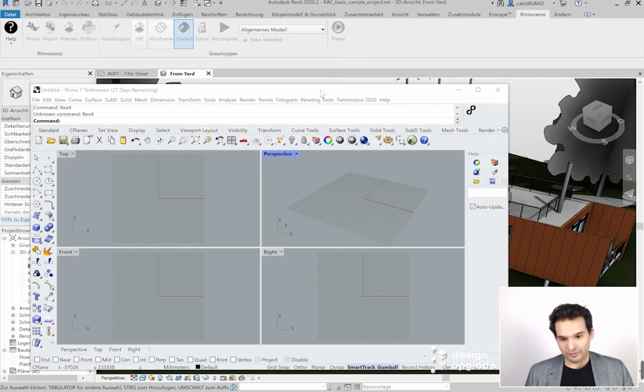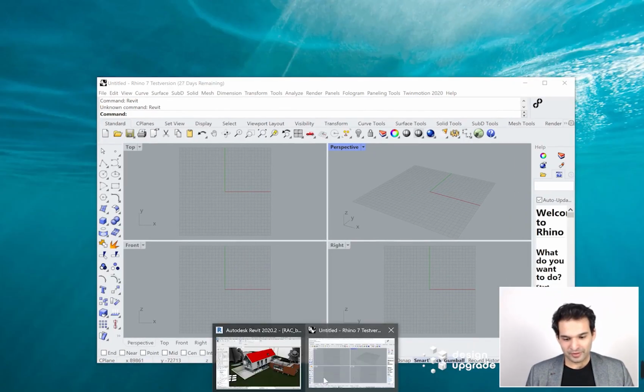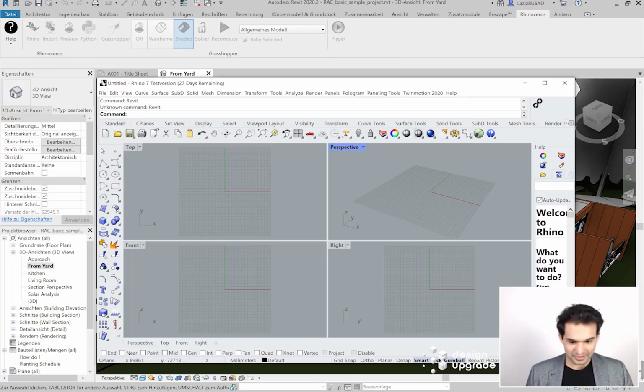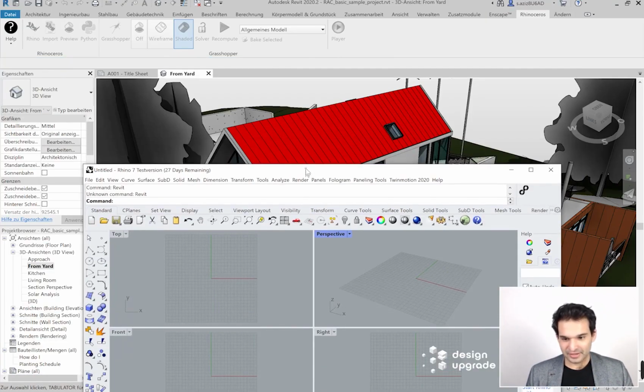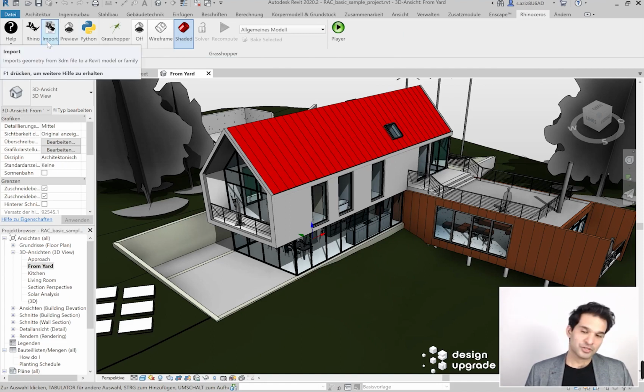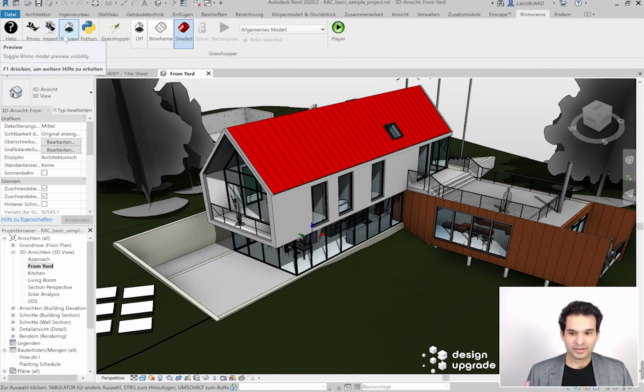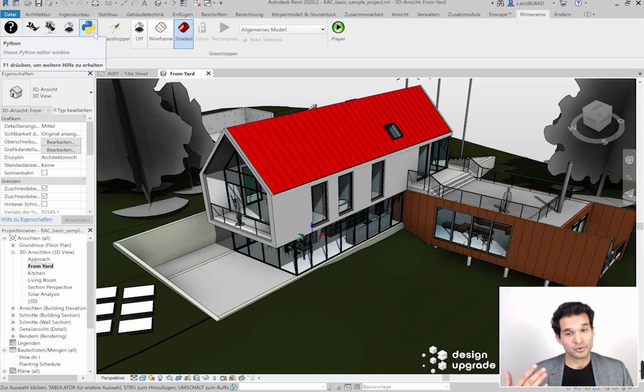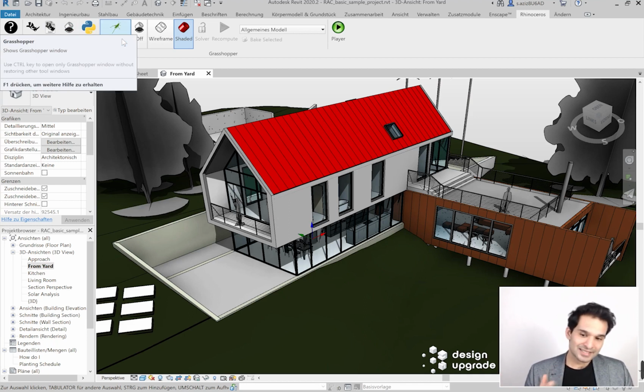Yeah. So now we have Rhino 7 opened up in the memory space of Revit. That's a basic trick that we did here. Now, if you go back to Revit, you can see that there's also the function to import Rhino samples. You can preview something. You can also work with Python if you are a programmer or know that language. The next thing that is important for our case right now is that you can also launch Grasshopper, the algorithmic editor